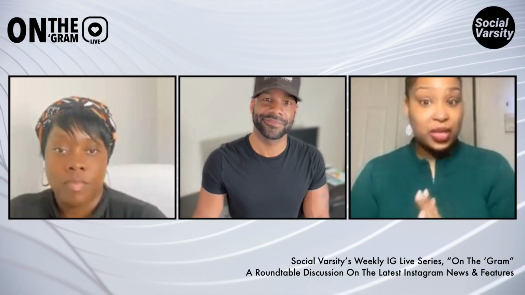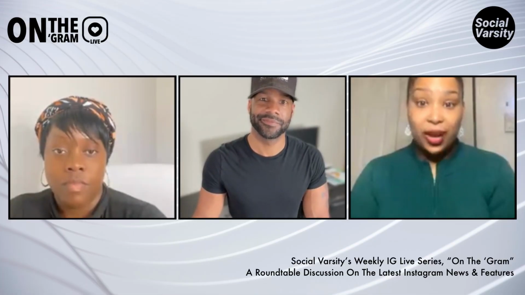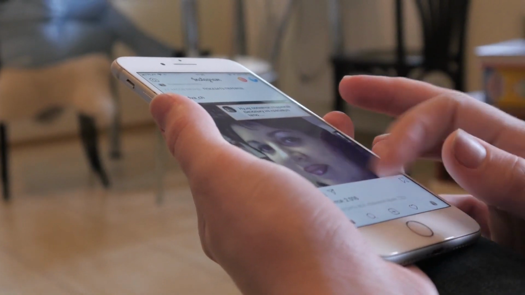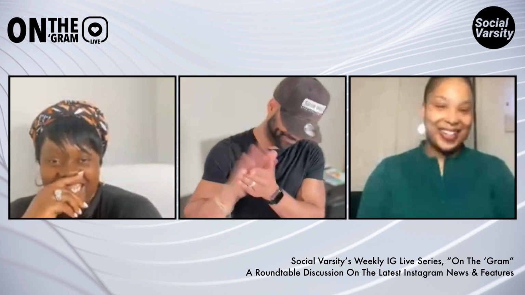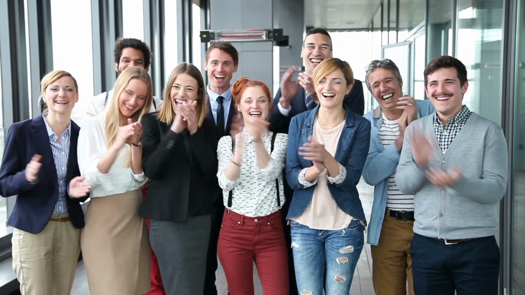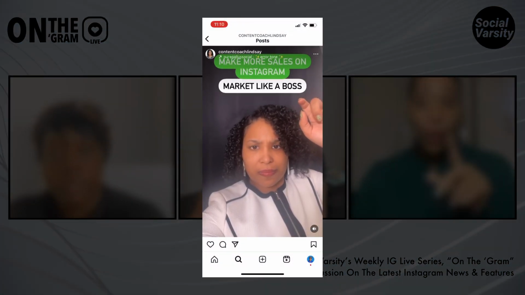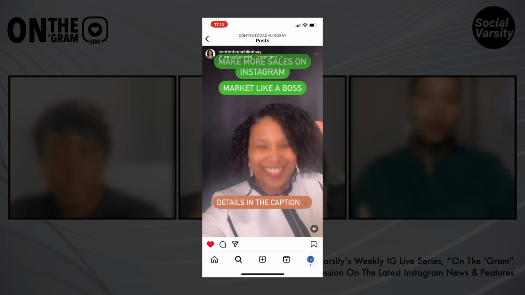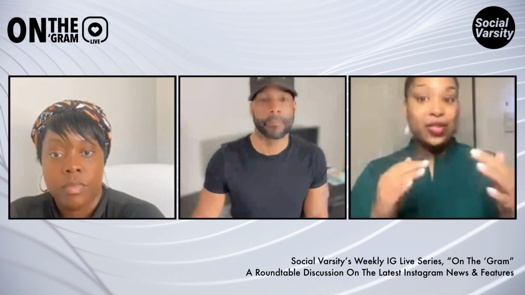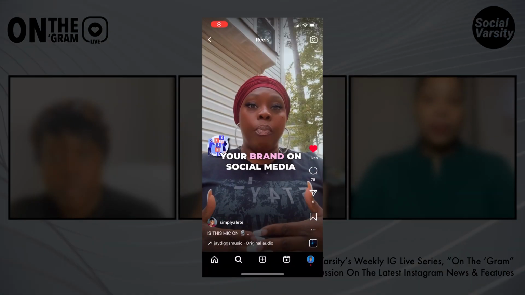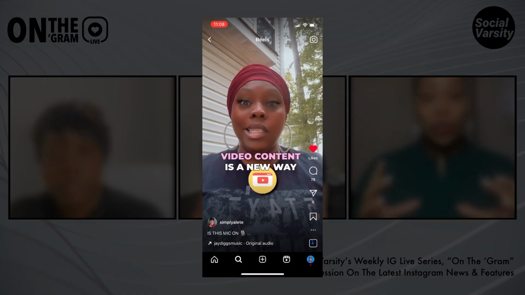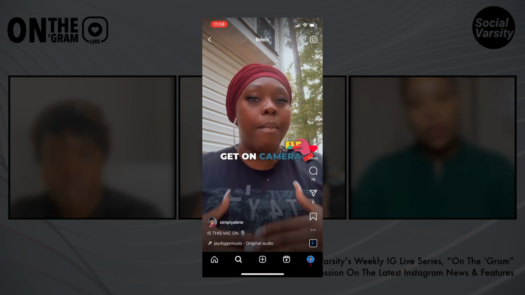So get very specific. The more detailed you are, the better. I know some people think people don't read captions, but get them to read the caption. Like, how can you hook them? You gotta reel them in, right. So you could say details in the caption, or put that on the screen, more in the caption, bonus tip in the caption. That's how you get someone. So don't just think about your hook in the beginning. Think about your hook at the end. If it's a reel, how do you get them to go to the comment section and to actually see your actual caption? So that's important too when you're thinking about SEO.